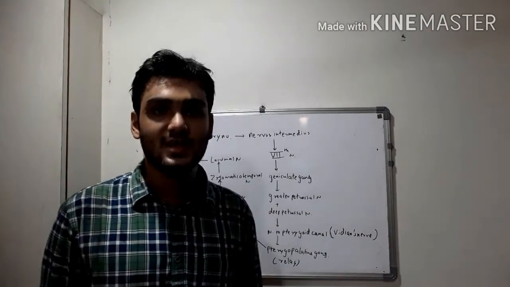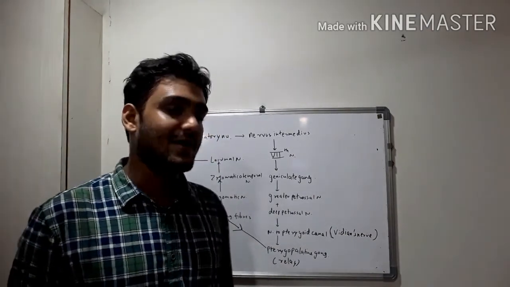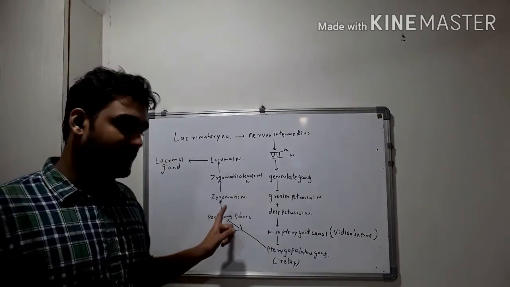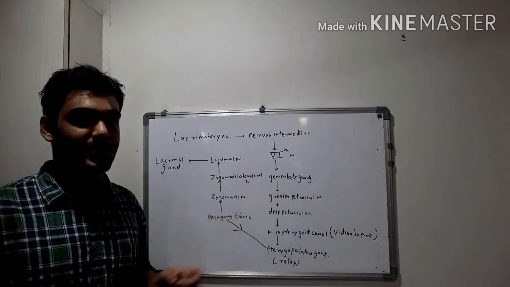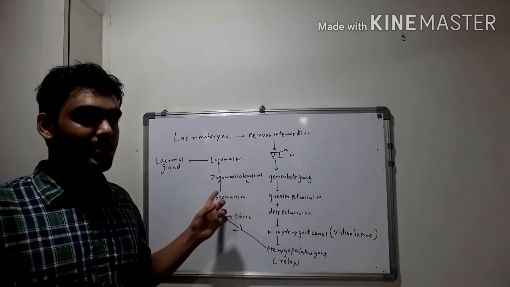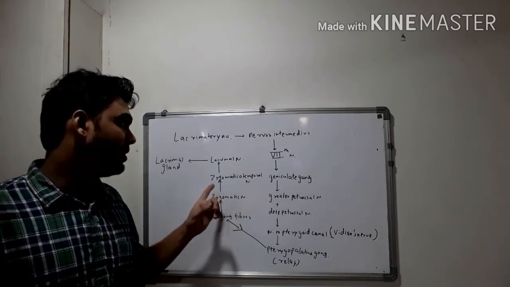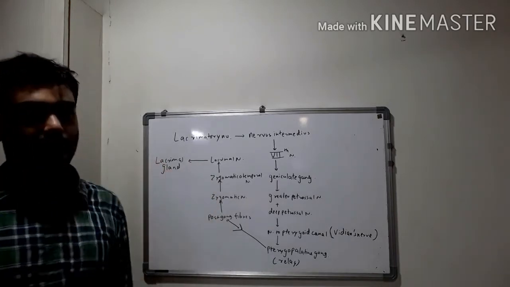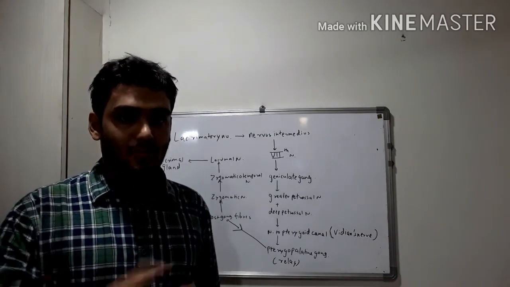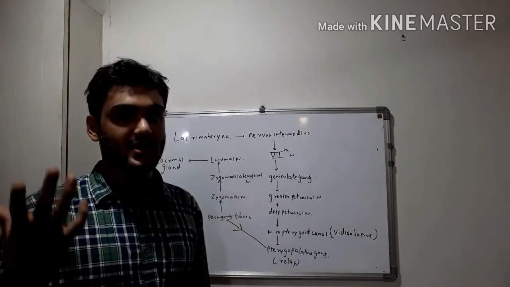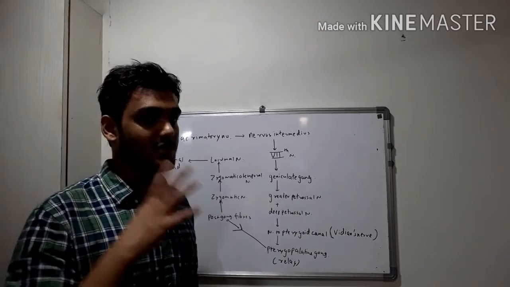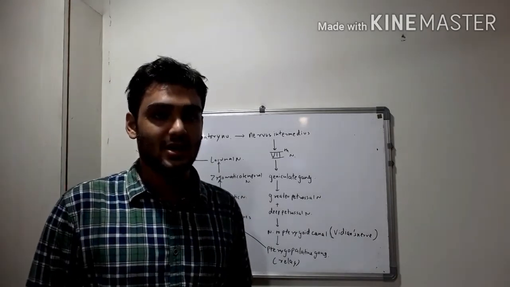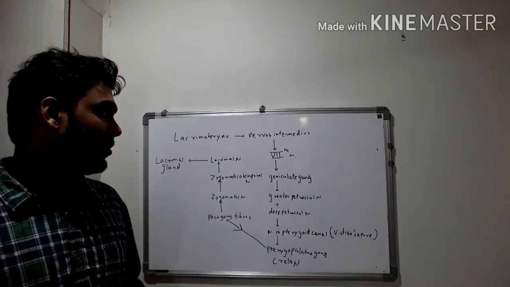Now the nerve to pterygoid canal forms the parasympathetic root of the pterygopalatine ganglion, and the fibers relay in the pterygopalatine ganglion. Then from the pterygopalatine ganglion, the postganglionic fibers pass to the zygomatic nerve, then to the zygomaticotemporal branch of the zygomatic nerve. Then from the zygomaticotemporal branch to the lacrimal nerve, which is a branch of the ophthalmic nerve. And this lacrimal nerve supplies these secretomotor fibers to the lacrimal gland. So in order to comprehend this pathway well, you need to study the anatomy of the facial nerve, especially the greater petrosal branch, and the maxillary nerve. Only then can you properly understand it, or else you will have to just cram the pathway.